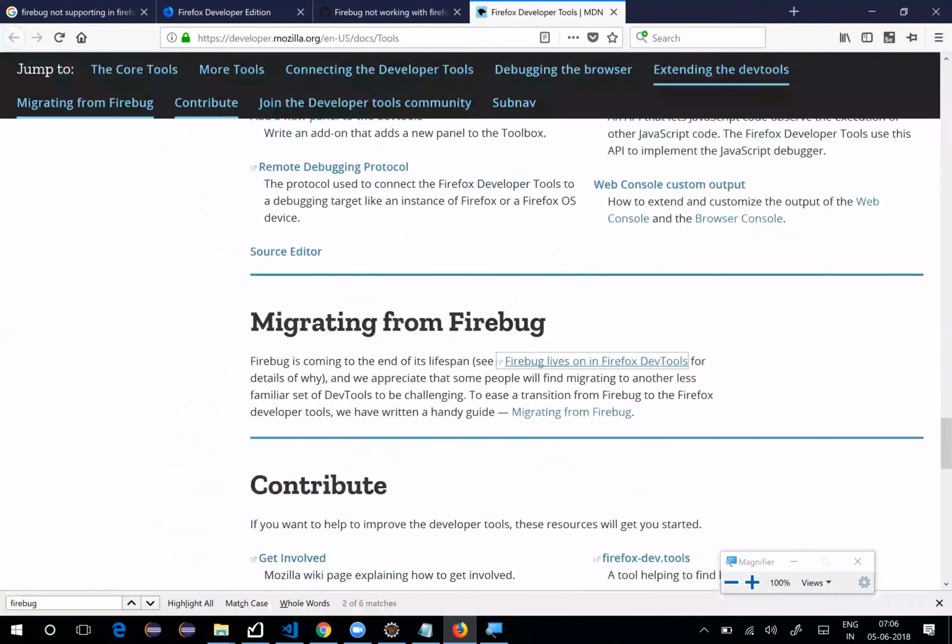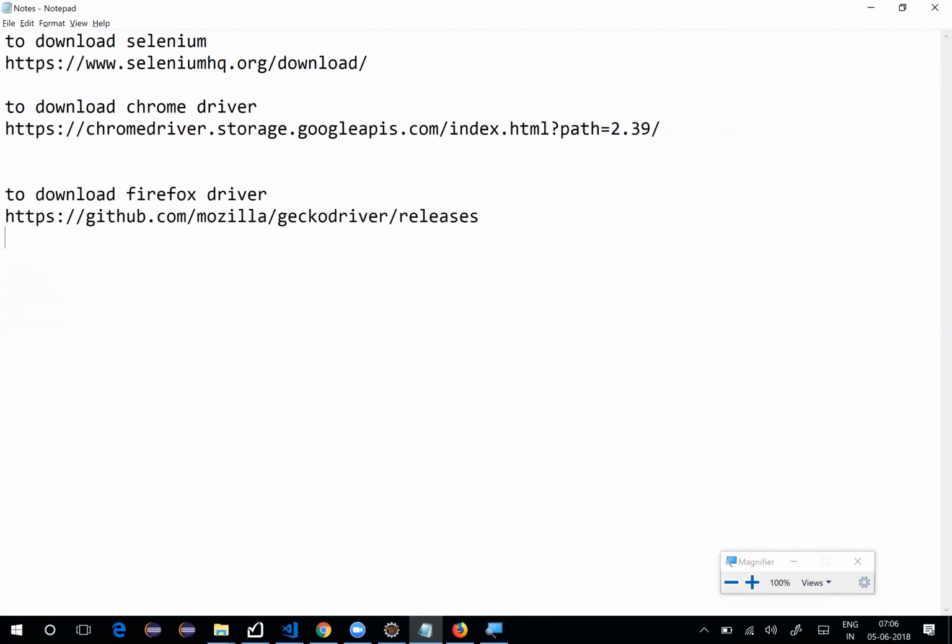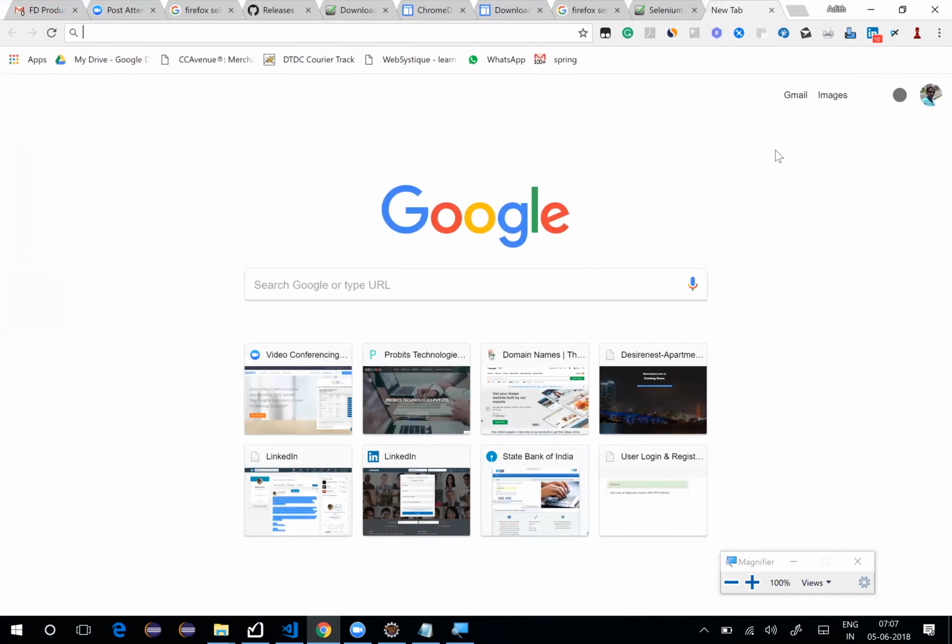Maybe over a course of time, I'll take this and put it here. Firefox does not support Firebug version 56 or later versions. Right. So in Google Chrome, all of us make sure that when we are working on Selenium,